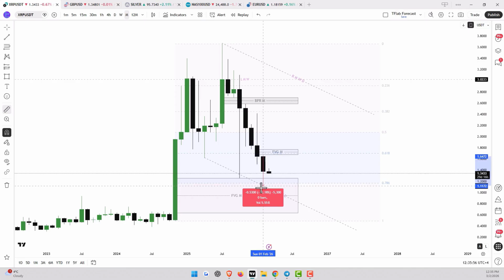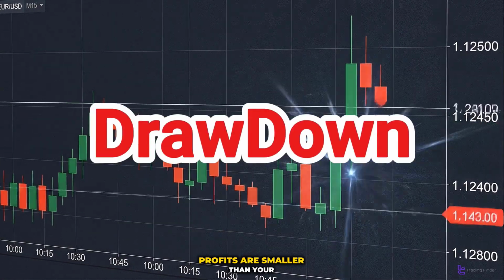In February, Ripple experienced a price drop of